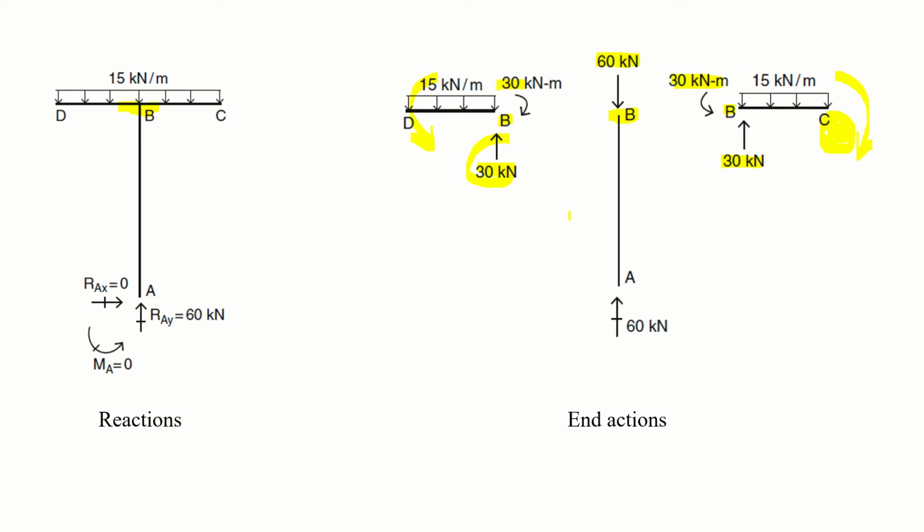Now make the member AB in equilibrium. So summation of Fx is 0, no Fx. Summation of moment is 0, no moment. Summation of Fy is equal to 0. So since 60 kilonewton is acting downward, then 60 kilonewton will be resisted at support A. Now compare it with the original support reactions. So only there was 60 kilonewton in upward direction. So as the results match and there is nothing else at point A, it means that your analysis procedure was okay and your values are good.